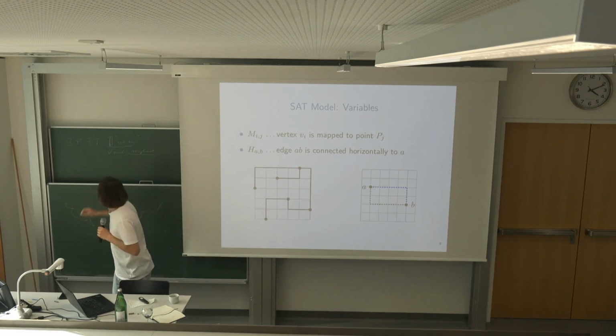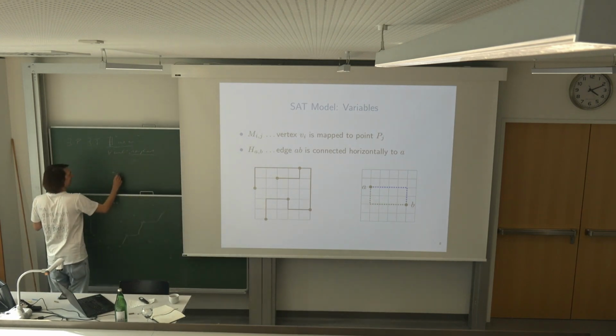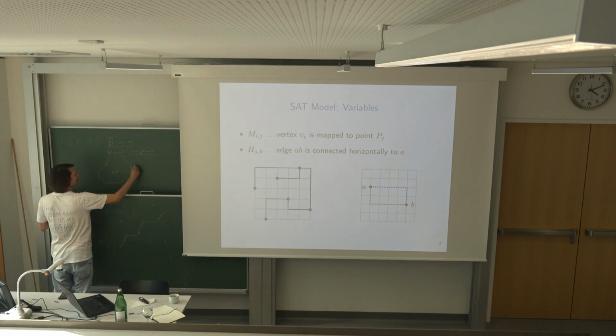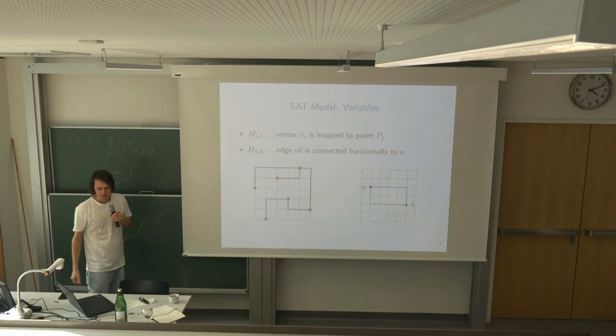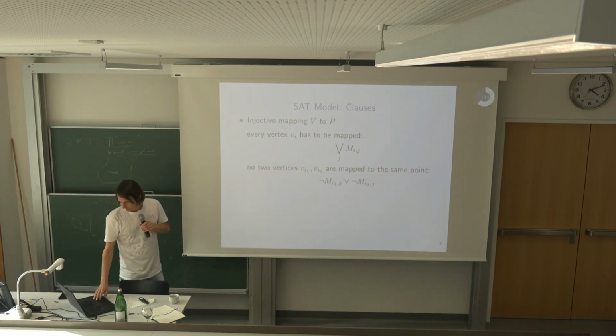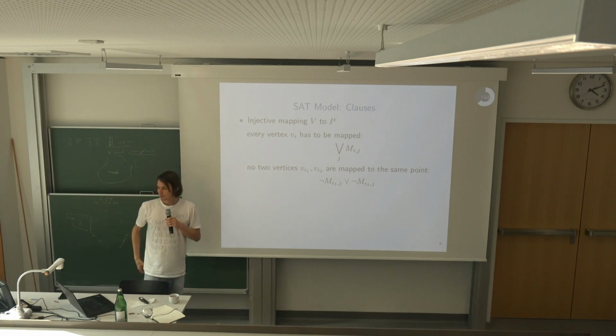So you don't know where the vertex B is placed. You have a vertex A, and somewhere there's this cloud, and somewhere there's a B, and the connection here is horizontal. It could also be on this side. You don't know if A or B is to the left. That was the encoding, the variables, and for the encoding,